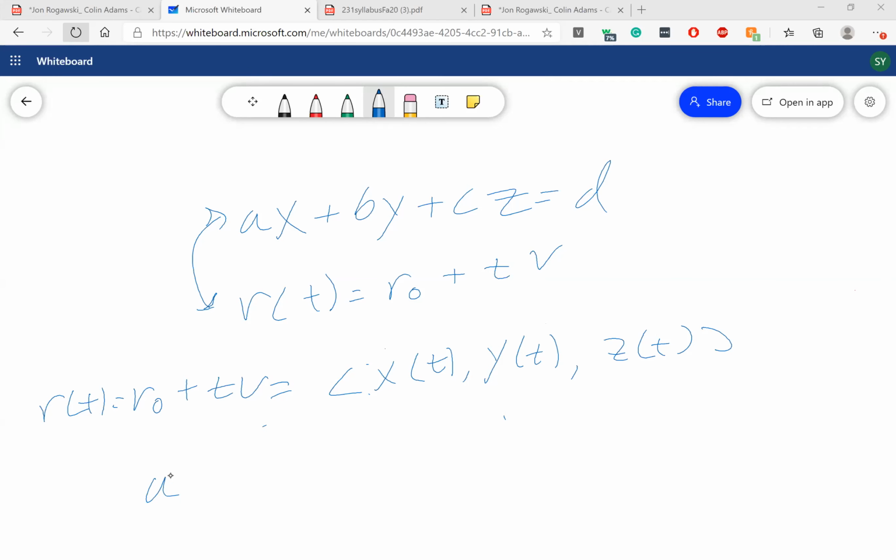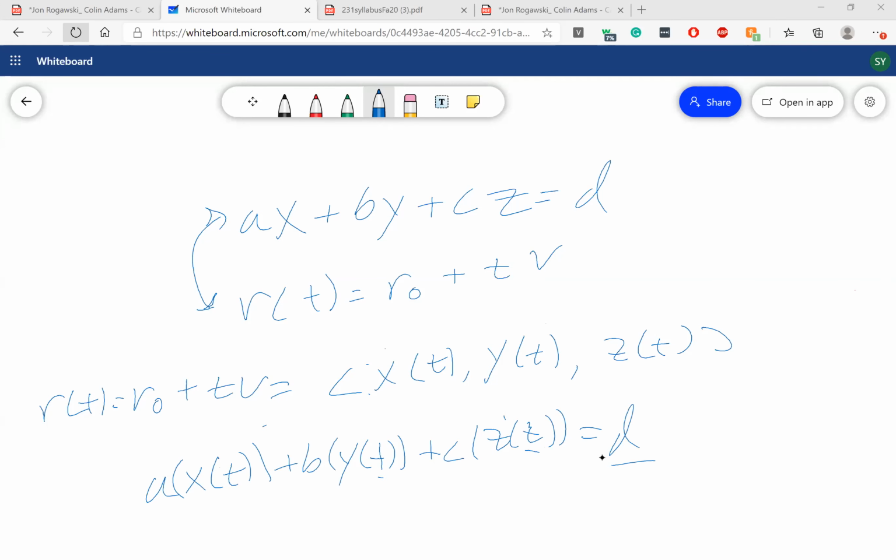So a of x of t plus b of y of t plus c of z of t, and we see where this is equal to d. We're going to find the t where this is equal to d, and that will tell us where the plane